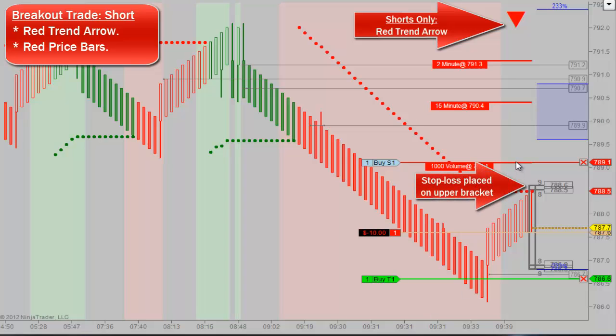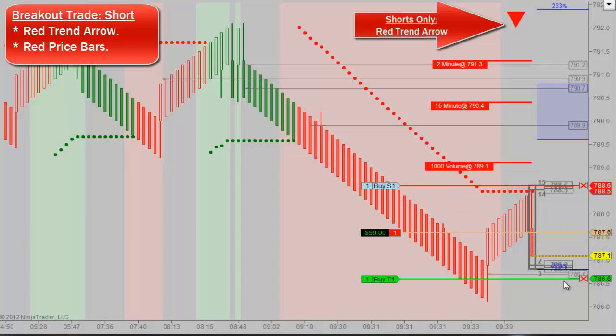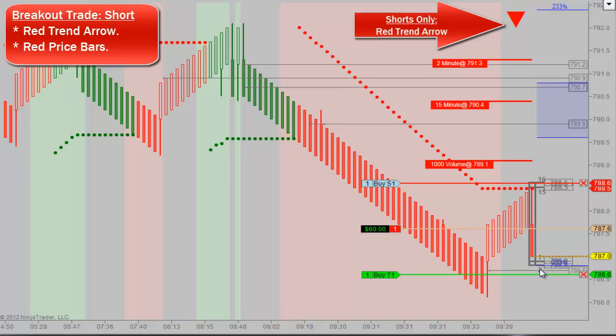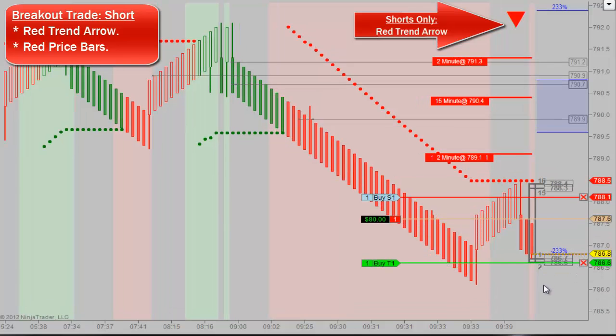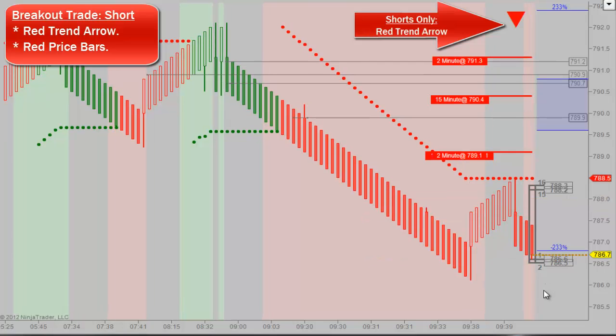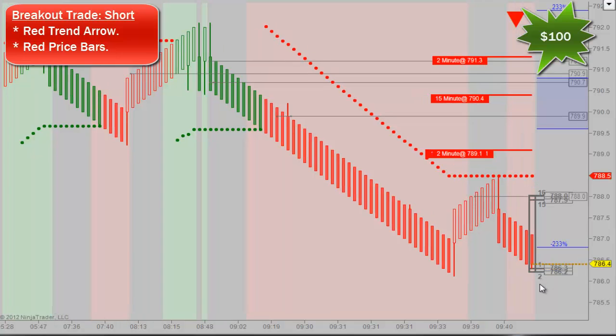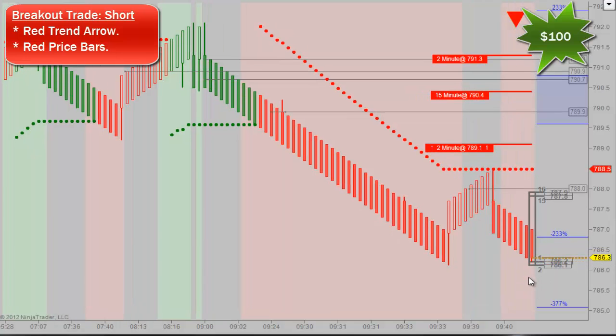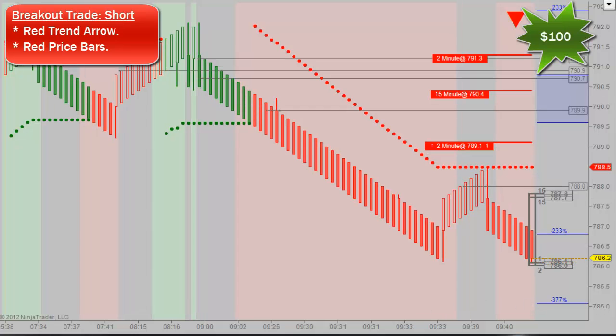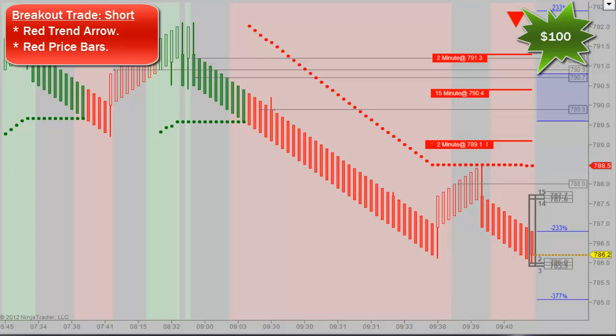All right, we're filled on the trade. First thing you do, move your stop to the upper bracket of the current bar range indicator. Make sure you have a good risk reward here. My target is down here near the auto target area. Stops adjusted. We're filled. And it's a nice little breakout trade to the downside. You can see it actually went further than I was looking for. It's coming down to lower support areas, but that's how you do the income trader breakout trade to the short